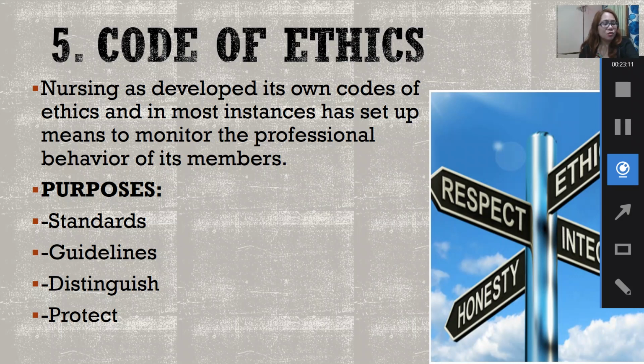So, nurses have traditionally placed a high value naman on the worth and dignity of others, diba? So, it requires integrity. Nurses are actually expected to do what is considered right regardless of its cost. So, ethics or ethics code or ethical code changes as the needs and values of the society change. So, nababago rin yung codes na yun.